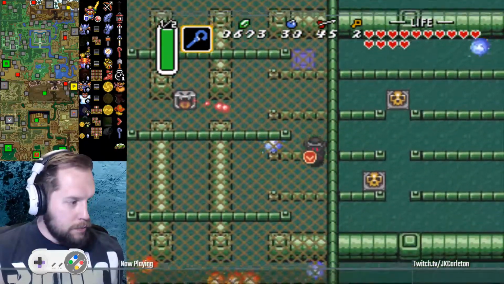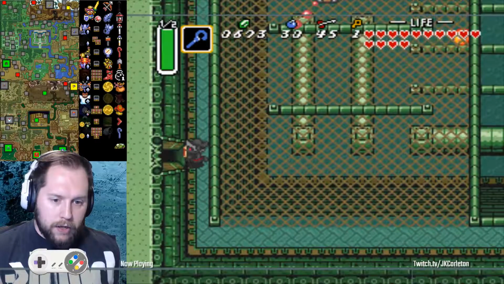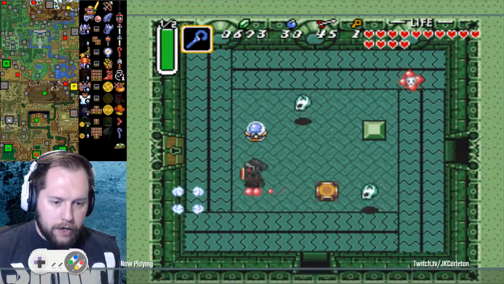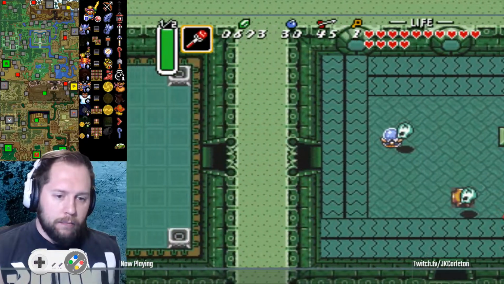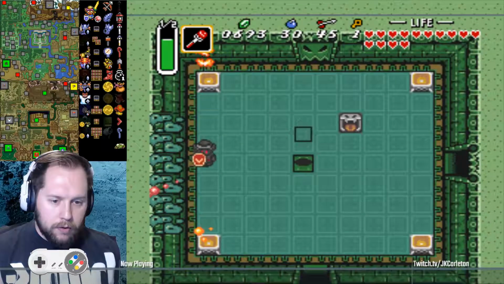That's our first item in Mire. There are 2 in Mire total. I want to come back down. I probably could have dashed there, but whatever. Come through the key door. We want to kill this blue guy. He's got a key every time. Use him for that. This is where we need fire rod. We could light these with lamp, I'm sure, but...